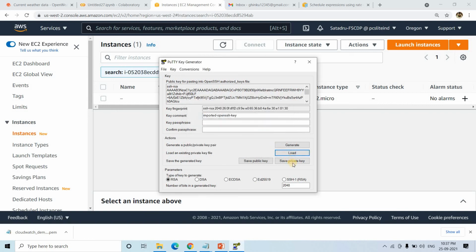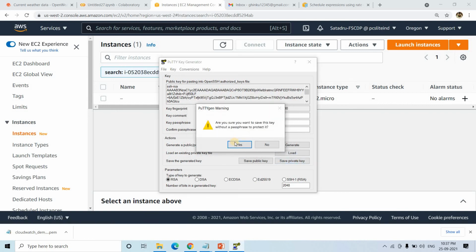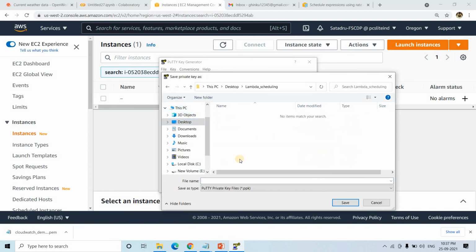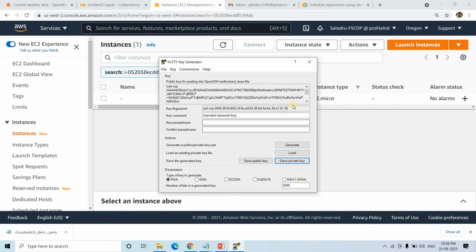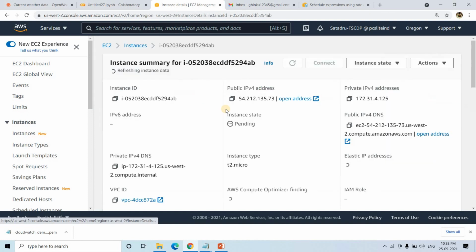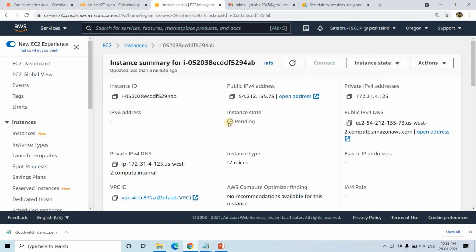Successfully imported. Okay. Save the private key. Are you sure to save? Yes. So suppose let me save in the Lambda scheduling code only. Okay. Lambda testing scheduling. Okay, PPK file. Let us save that because that is required to open and launch EC2 instance and all. And now see, our EC2 instance is running. Super. So all we need to do, we need to go here, and here we will be getting the public